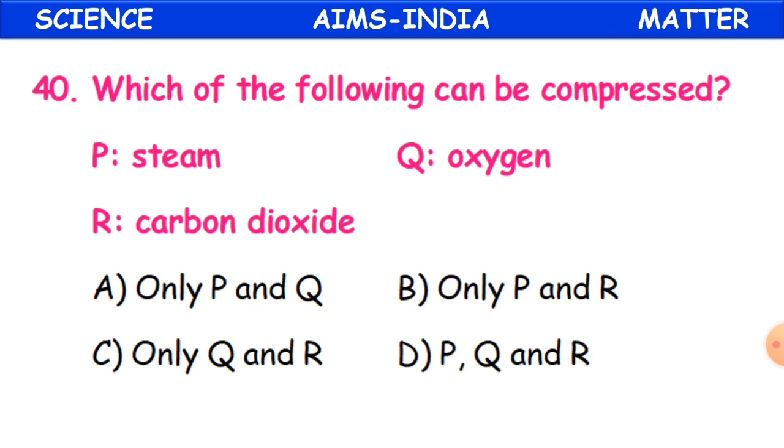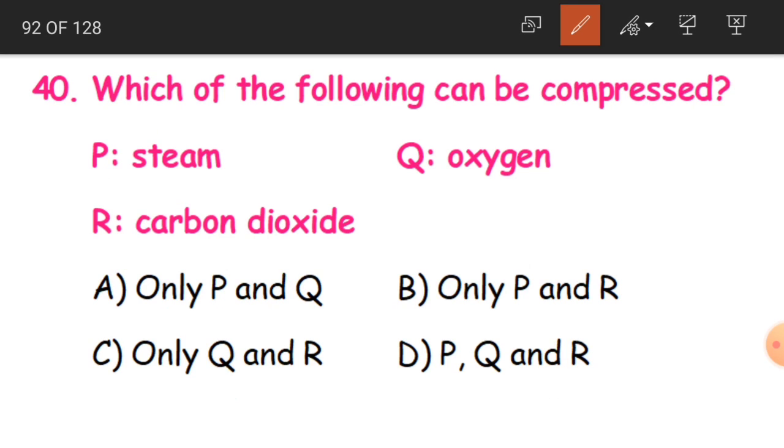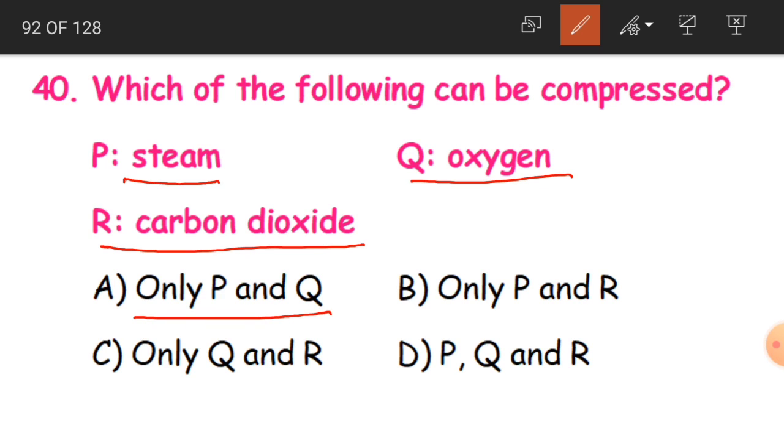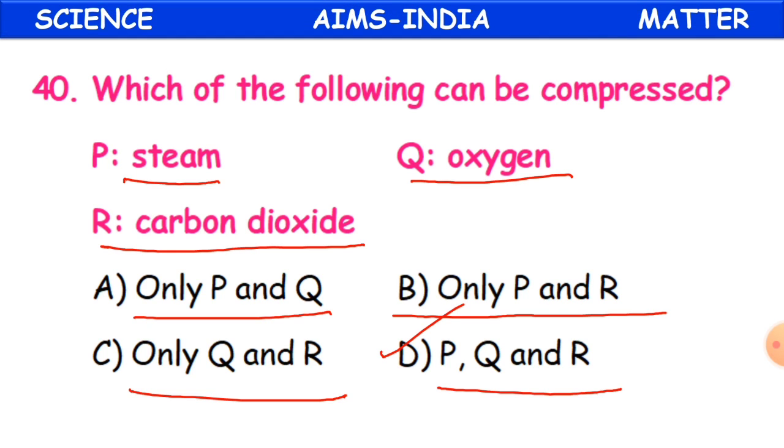Clear? Yes. 40th question. Which of the following can be compressed? P is steam. Q is oxygen. R is carbon dioxide. So what can be compressed? Is it only P and Q, that is steam and oxygen? B is only P and R, steam and carbon dioxide. C is only Q and R, oxygen and carbon dioxide. D is P, Q and R, steam, oxygen and carbon dioxide. The answer is D children. All three of them can be compressed. Okay. Now